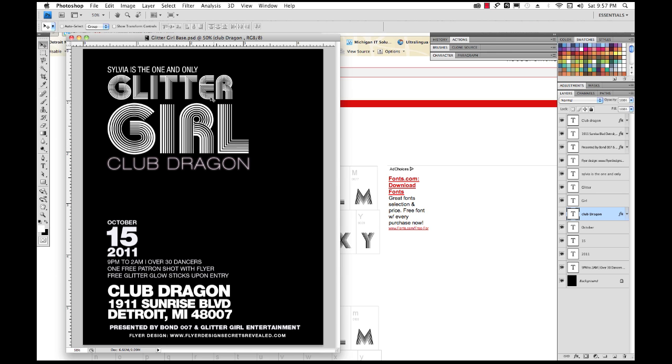So these were two different colors. I had a blue and pink color. So let's go ahead and add the layer effects to add this glow behind the Glitter Girl. So for Glitter, I'm going to select the layer, and then right down here in the Photoshop layers panel, I'm going to click on the effects button, and then I'm going to choose outer glow,